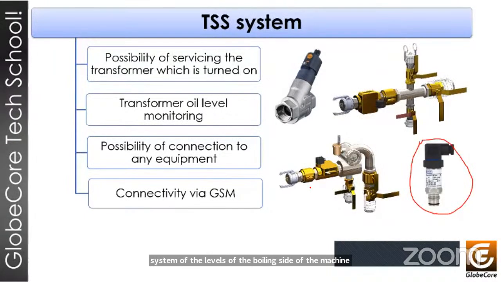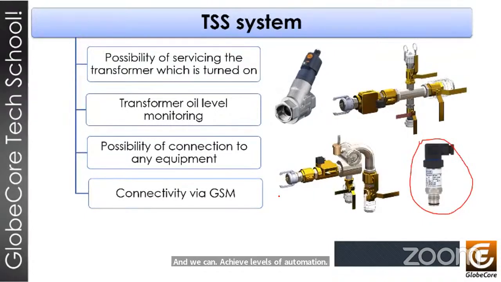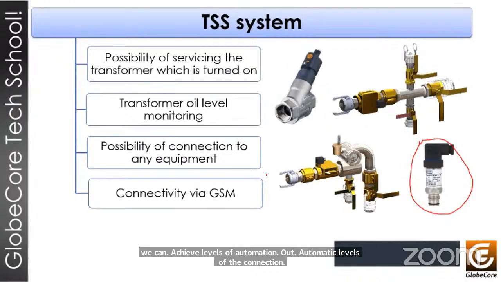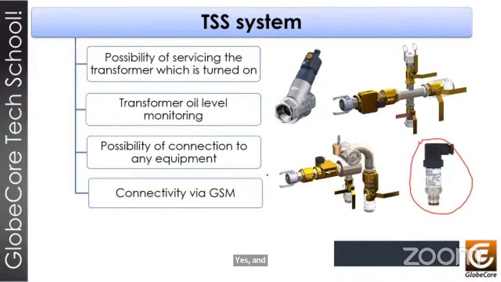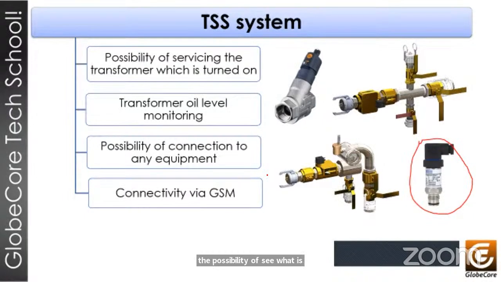And we can achieve automatic levels of the connection via GSM. That means you can monitor the procedure even if you are far from the machine. That means you will have the possibility to see what is happening with your transformer even if you are not close to